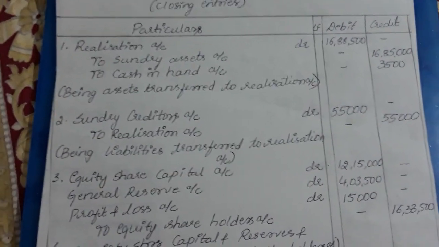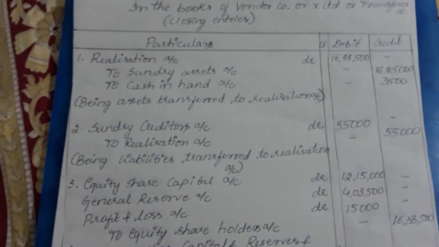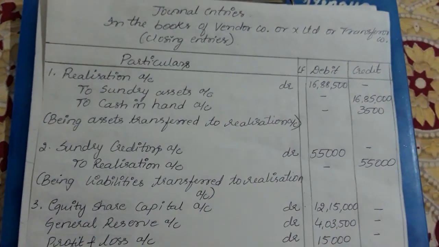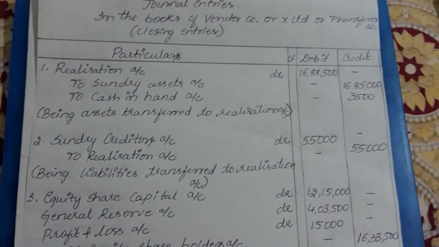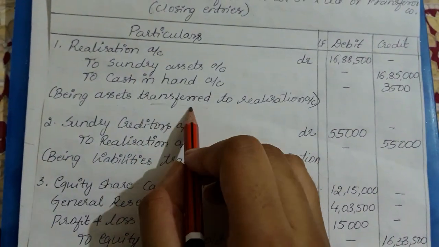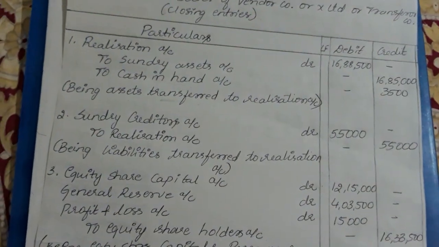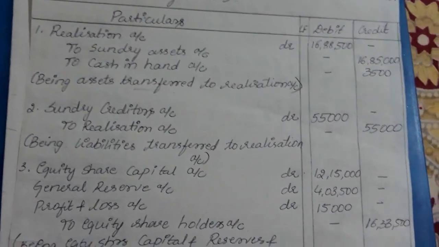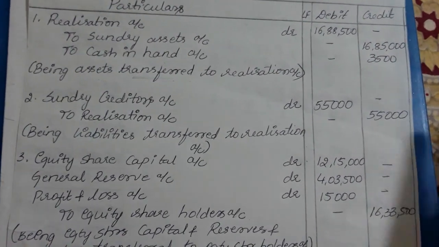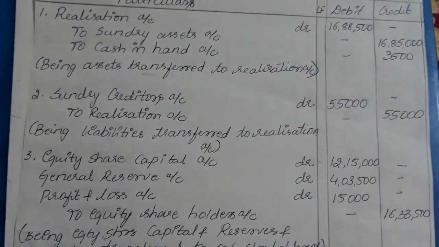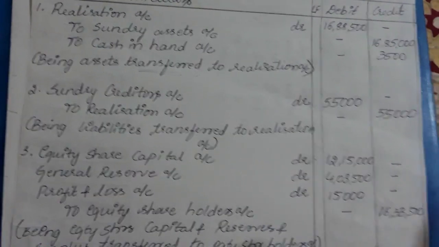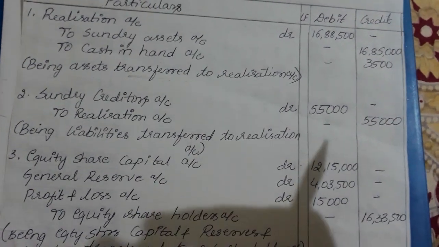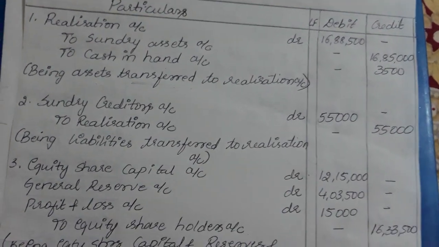They are taking the cash. So if the question states that the cash is not taken over, we will not be taking it in the closing journal entry. Also, while transferring the various assets, we will not take the fictitious assets, that is expenses like preliminary expenses and the profit and loss account debit balance, because those belong to the equity shareholders. So we take only fixed assets and current assets while transferring to the transferee company.